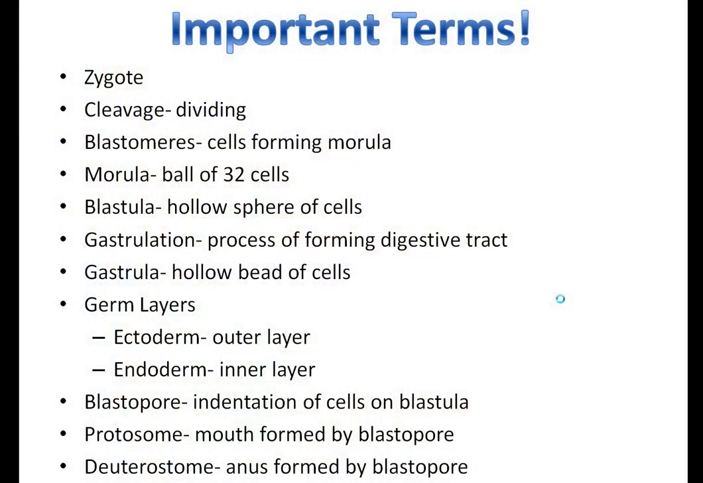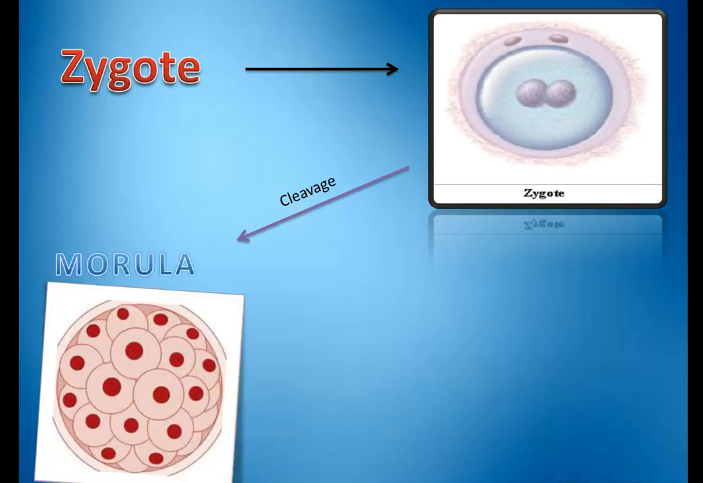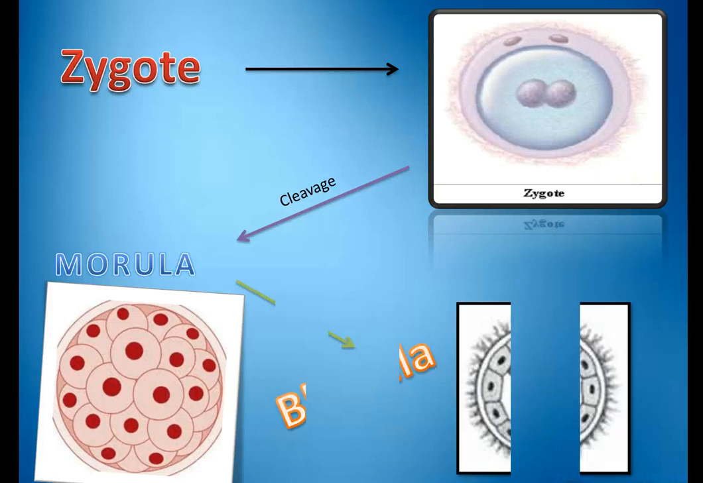After fertilization, two haploid cells fuse their info together and form a zygote. The zygote starts dividing and cleaving through mitosis, creating a ball of 32 cells called a morula. This begins to secrete a fluid that forms a space in the center, resulting in a hollow sphere of cells